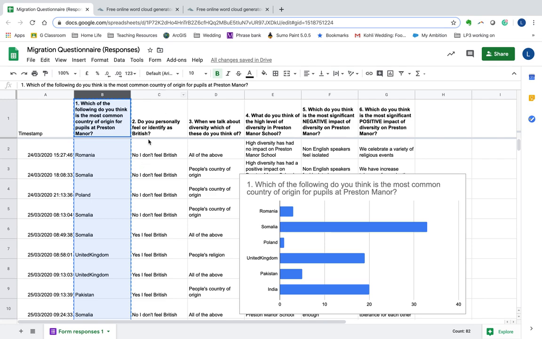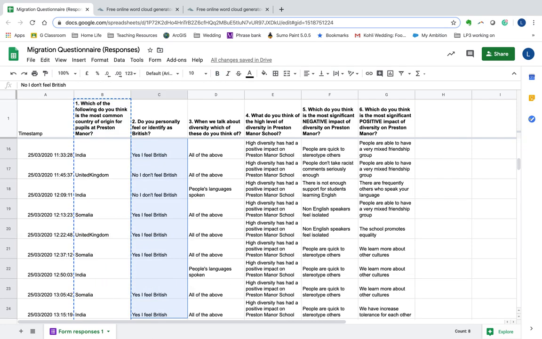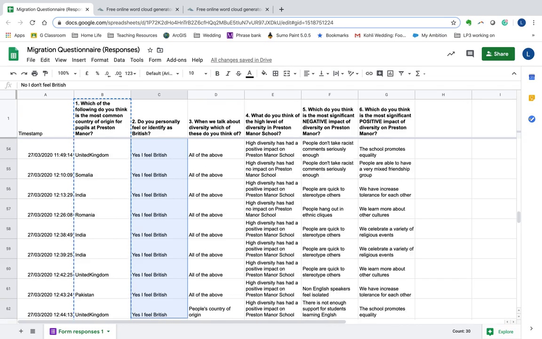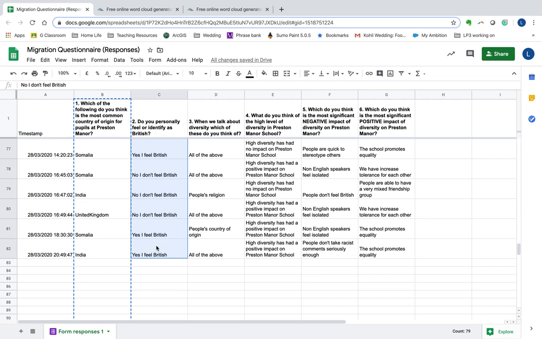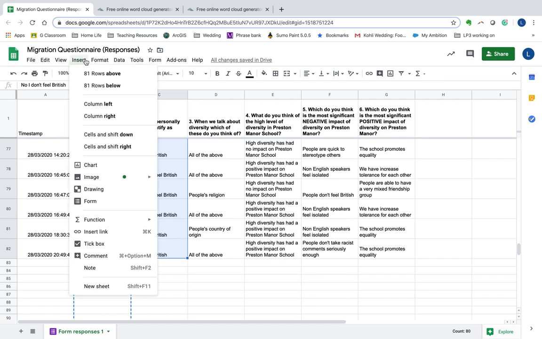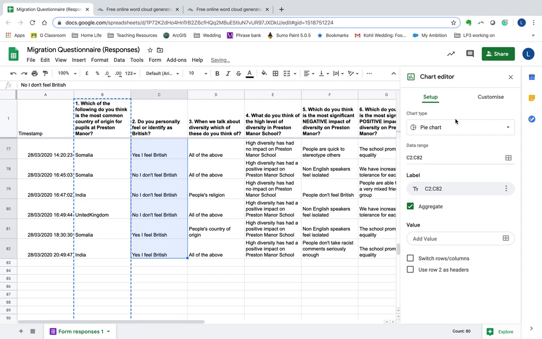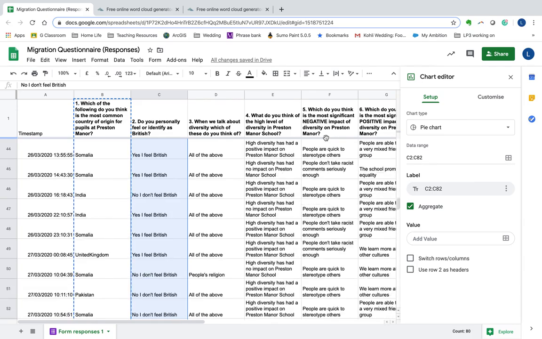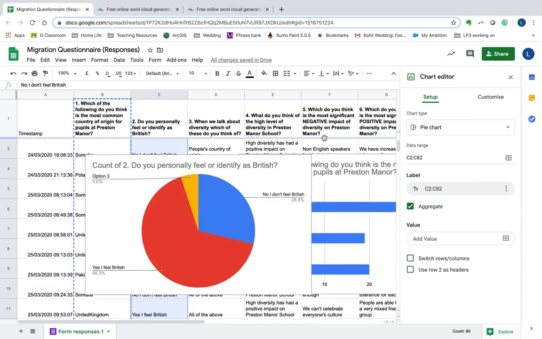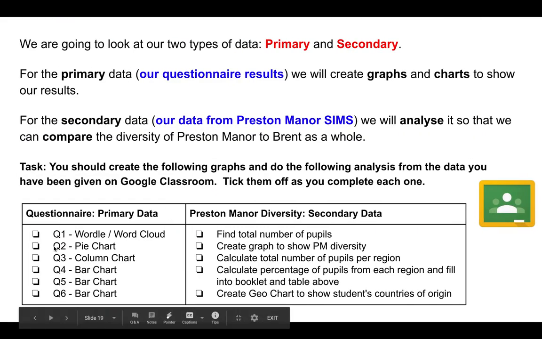Say, for instance, if we were looking at question 2, okay, again, selecting that data. And one final reminder of how to do this. We're going to say insert, chart. And let's say, for instance, if we want to look at a pie chart for this one. There's nothing stopping us using a pie chart. Okay, a few people seem to have selected option 3. So here we've got 66% of people saying, yes, I feel British, and 28% of respondents saying, no, I don't feel British. Okay. And that is what you repeat for each of these 6 questions, so that you can tick them off here,